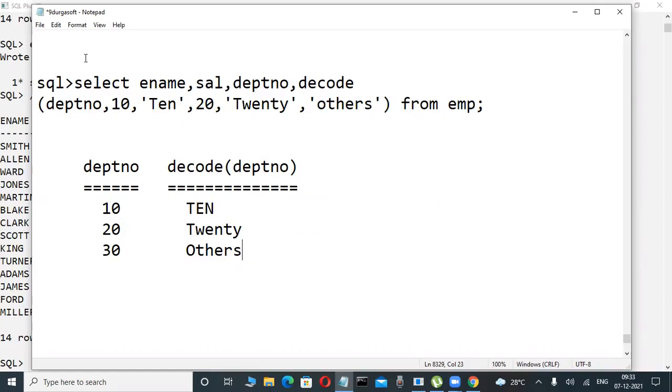Complete it fast. Output also, roughly write it. Okay, in this column, some number of values are searched: if condition 10, then 10 is a message. 20, then 20 is a message. Remaining other places, others. Now this is a select statement, just for idea purpose. If condition idea purpose.